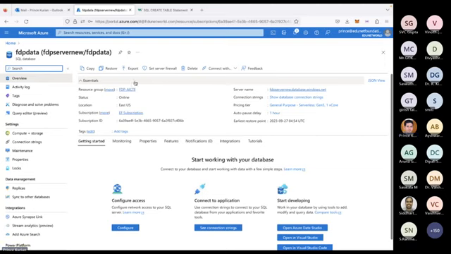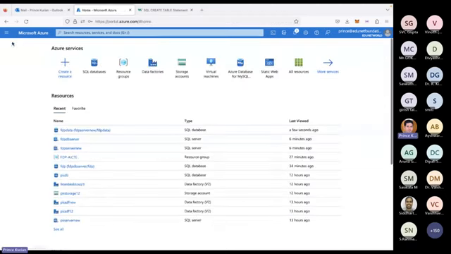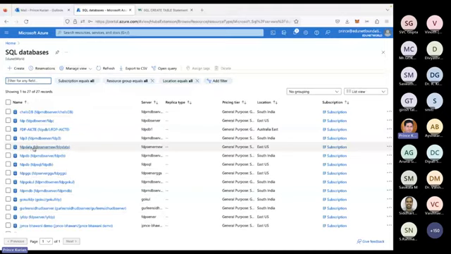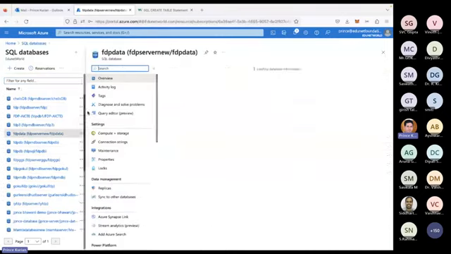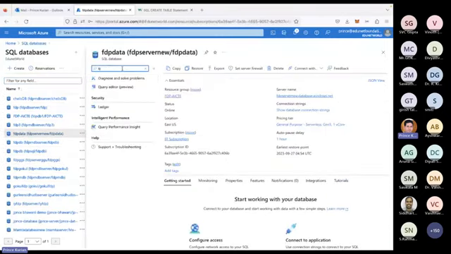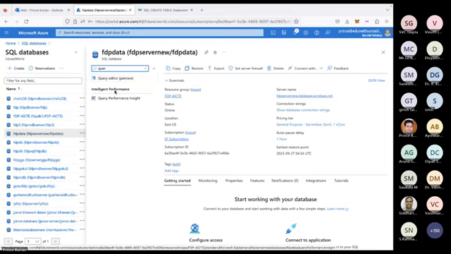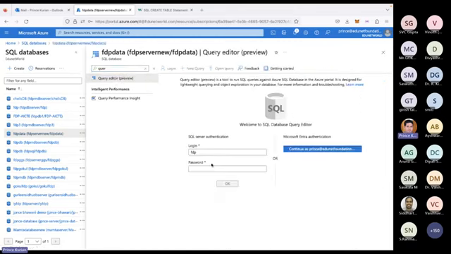This is the SQL database, and my SQL database is FDP data. This is my database. If you are creating, go to the query editor. If you are creating a query in the query editor, if you are creating a new one,